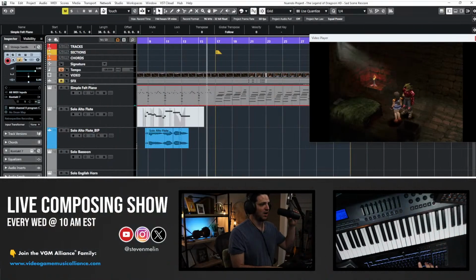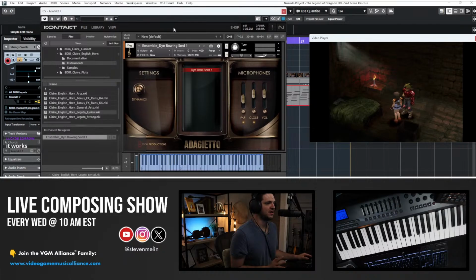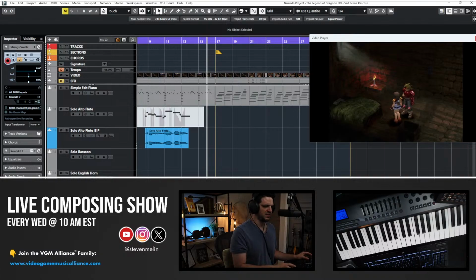I don't know why I'm rocking so much 8Dio today, but it's the right pick. 8Dio has this ancient library, which I still use in just about everything. This is like one of my top 3 must-have libraries. It's called Adagietto. It's a string library. It just has, in my opinion, the perfect articulations for short, longs, and swells, nothing else, and plucks, called pizzicato. Doesn't have all the fancy articulations and stuff. The other libraries will do that, but it has the best.